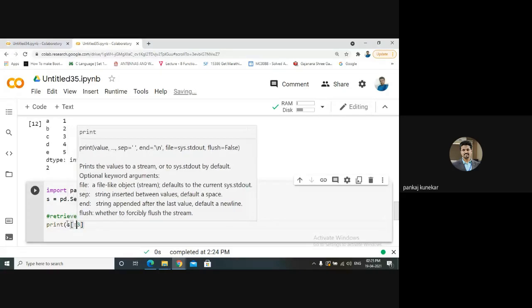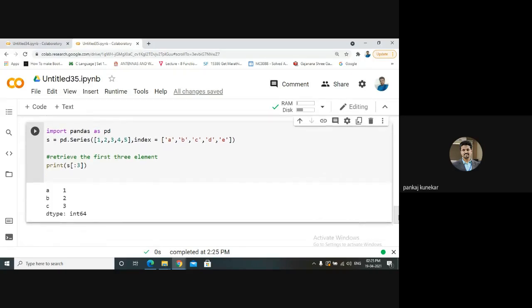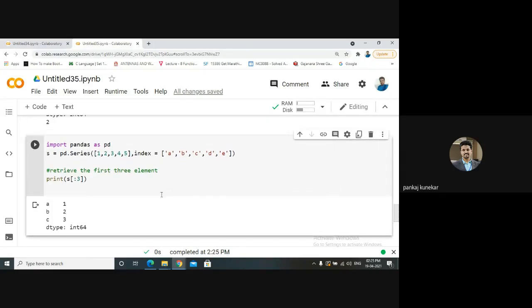We have the series elements and s of colon 3. The colon means starting from 0 till 0, 1, 2. So the values at 0, 1, and 2 will be retrieved. Only the first three values will be retrieved.